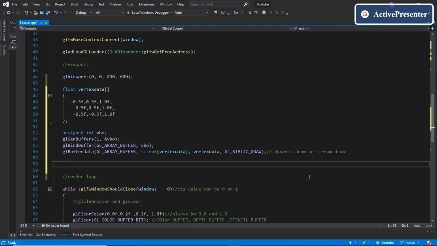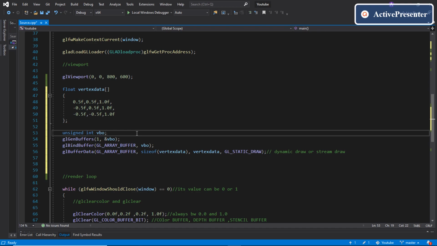So this is how an OpenGL object is written in OpenGL. So let's summarize what we did. The first step we did was to create an object ID, that is in this case a VBO. The second step was initializing this ID to the associated OpenGL object, that was in this case a buffer. The third step was binding this object ID to the type of OpenGL object we wanted to use. And the other subsequent steps will be setting options for that OpenGL object. For example, here it was to send the data inside the buffer.